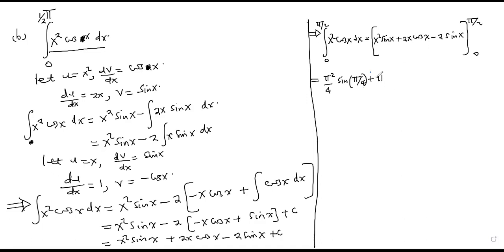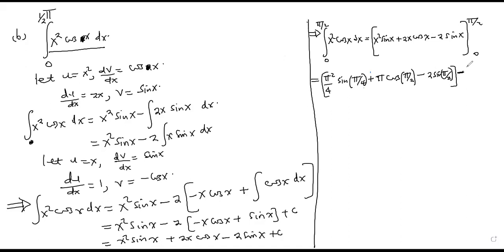So we shall have pi, then cos pi over 2, then minus 2 sine x. So it will be minus 2 sine pi over 2. So this is when we substitute the upper limit, then minus. We shall subtract